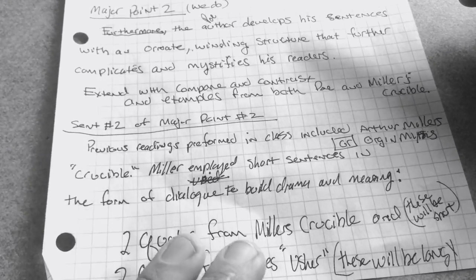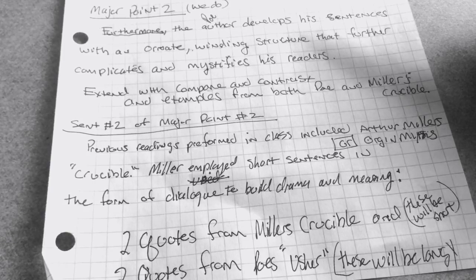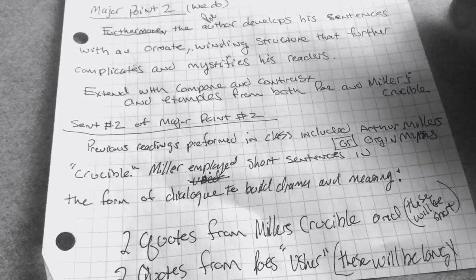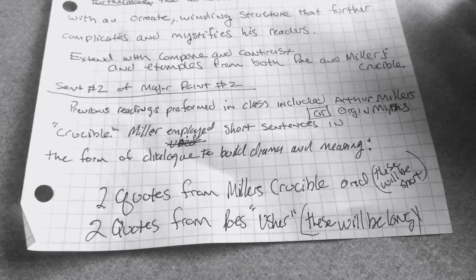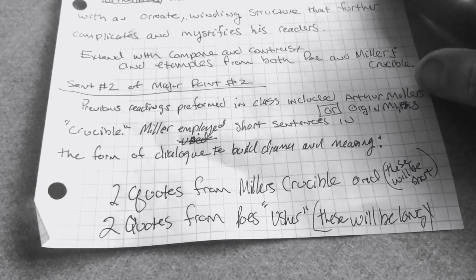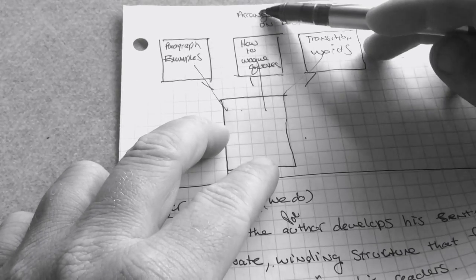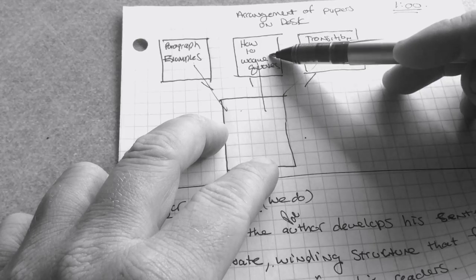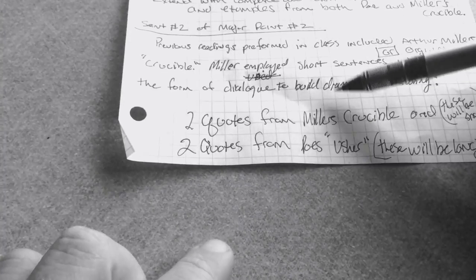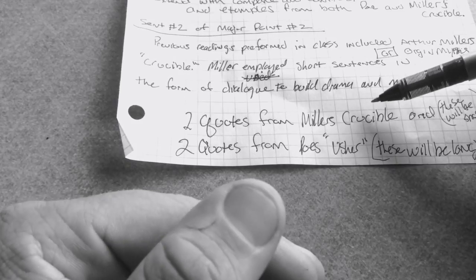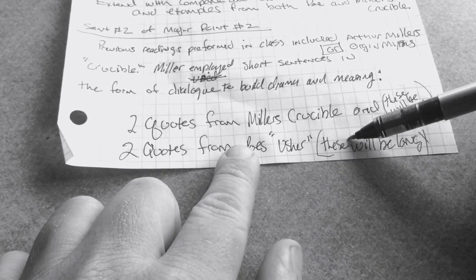It should start out: furthermore, or the author develops his sentences with an ornate winding structure that further complicates and mystifies his readers. Previous readings performed in this class include Arthur Miller's Crucible. Miller employed short sentences in the form of dialogue to build drama and meaning. For example, or such as, figure out how you're going to weave that next quote in there, and you're probably going to have to go to the how-to-weave-quotes handout and figure out how you can put a couple quotes in there from Miller's Crucible, and then introduce 2 quotes from Poe's Usher